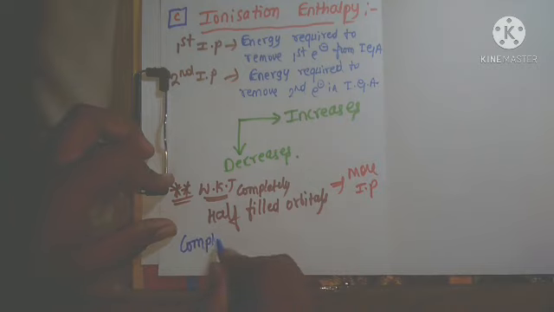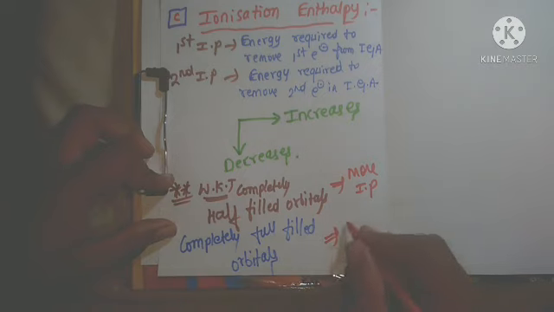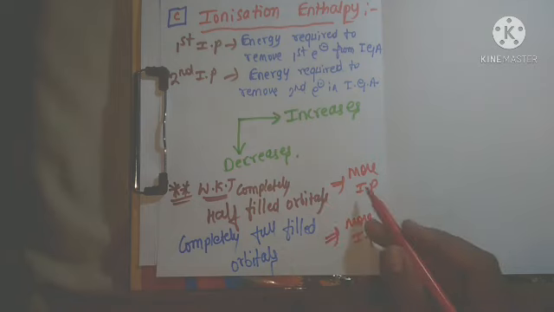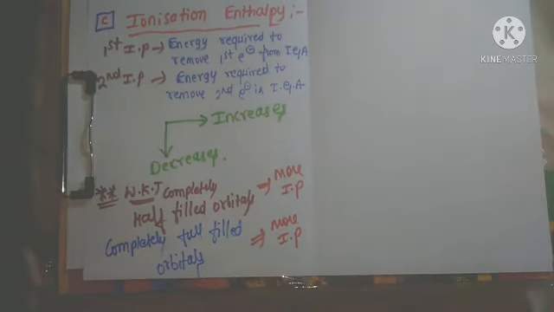If completely full-filled orbitals are present, again it has a very high ionization potential or ionization enthalpy. If half-filled or completely full-filled orbitals are present in the atom, then it has more ionization potential. Just remember this one, right? On this basis only. Now just to check, for example, if this is the periodic